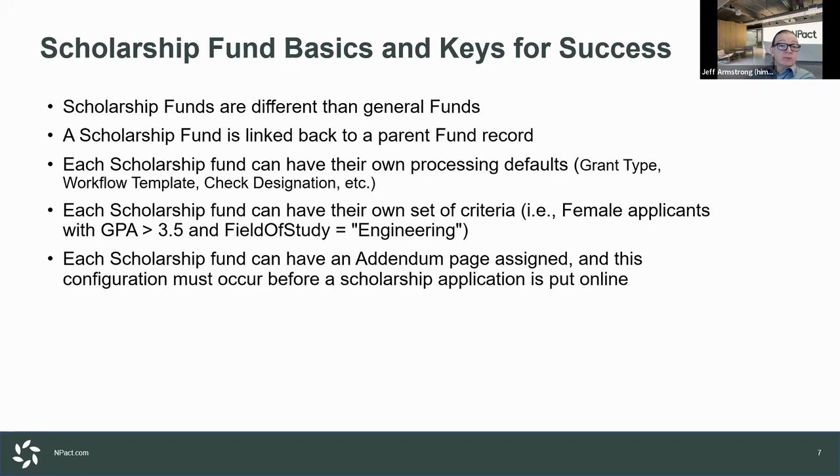And then finally, each scholarship fund can have an addendum page for additional application questions. This has to occur before you put the application online, right? Classic example of this that we did for one of our first customers, going back 10 or 12 years ago. We had a foundation who had a scholarship fund that was for the children of firefighters in